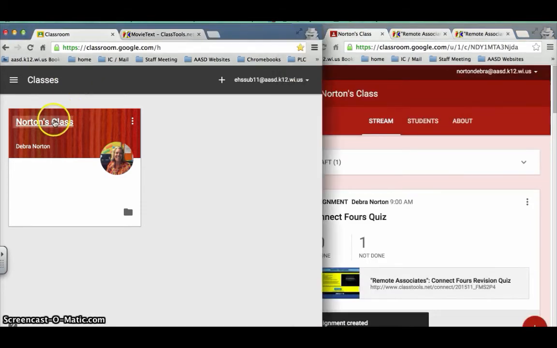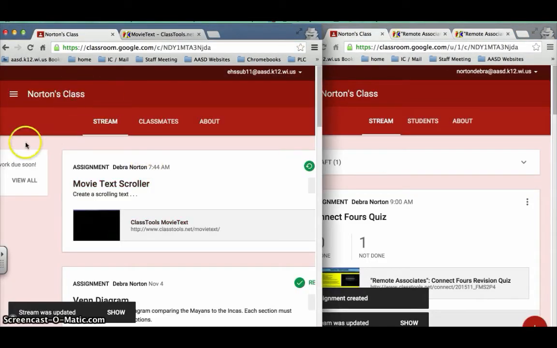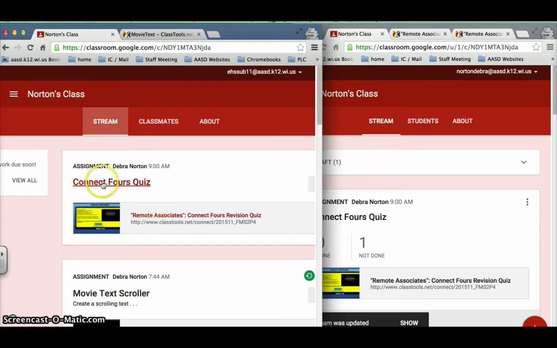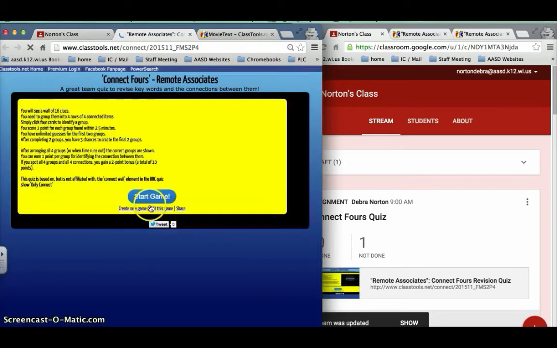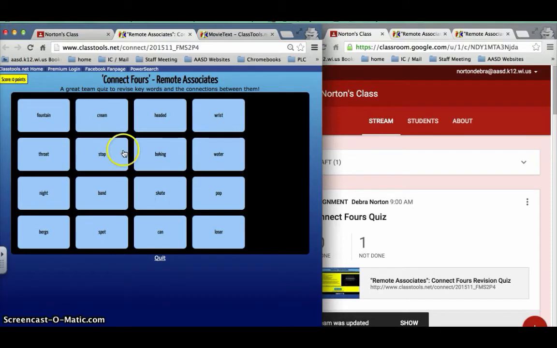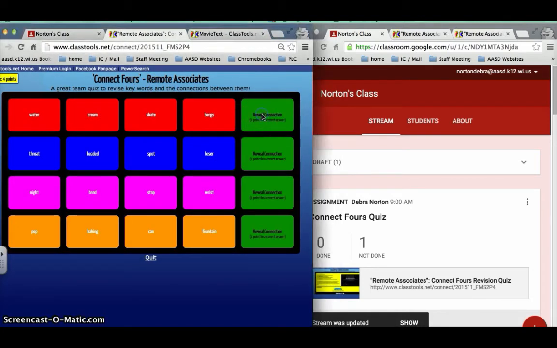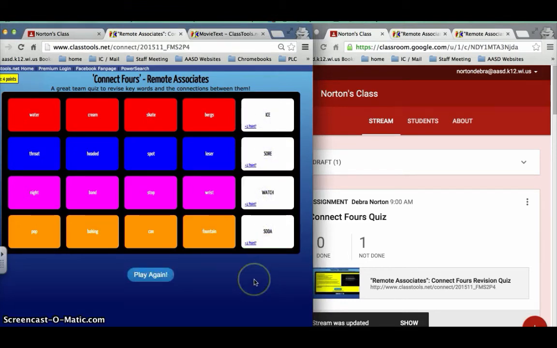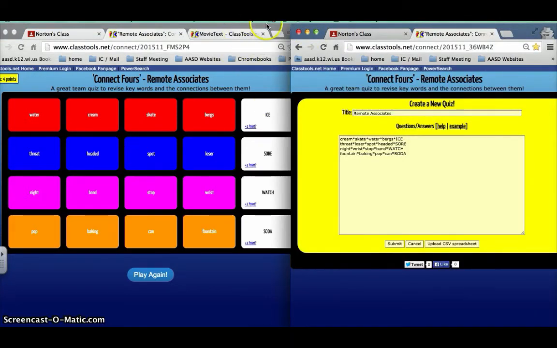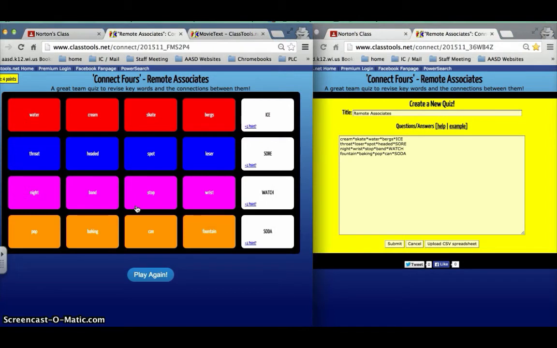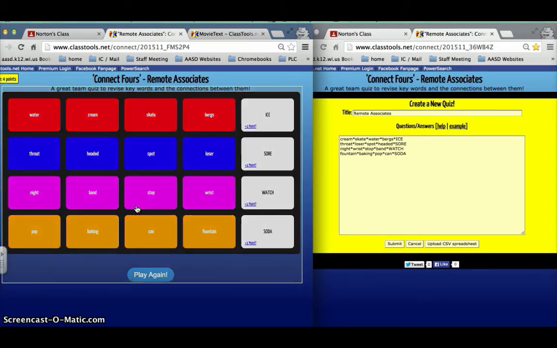Now let's go to the student view, where as a student I can see my assignment, Connect4s. I can click the link. It takes me here and I can start the game, and I can work with a partner or on my own to try to see if I can connect these into Connect4s. Once the students have solved the quiz, they can go ahead and reveal the connections. And at this point, what I'd like my students to do is prove that they were able to connect 4s. So I'm going to ask my students to take a screen capture and send to me the screen capture image